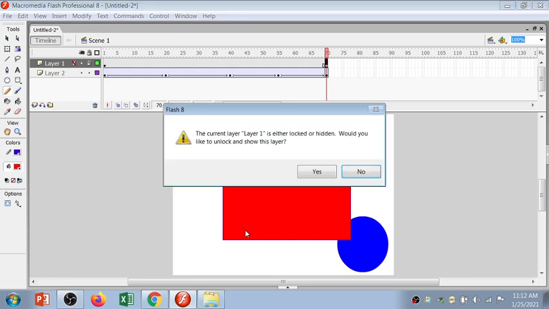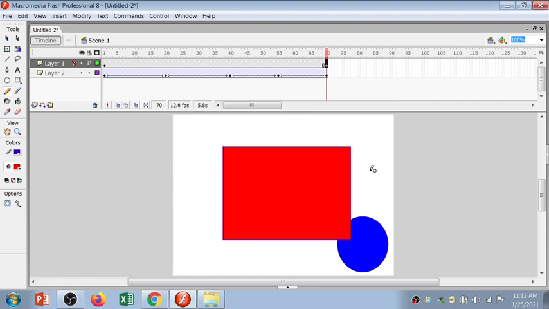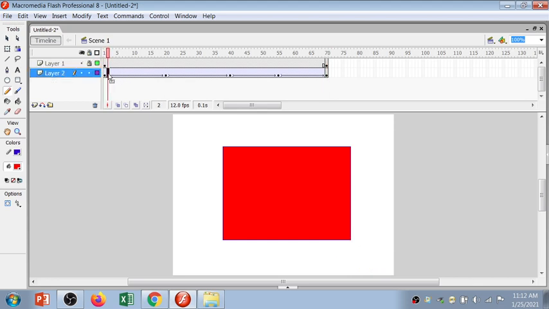If you try to change it, Flash will interrupt and show that the current layer is locked. If you want to edit it, you have to unlock. It asks whether you want to; if you press yes, it will unlock. So it just reminds you that since you have locked it, you can't make changes to this layer. If by mistake that layer or that frame is selected, it prompts the user that this layer is locked, so you can remind yourself that okay, I don't want to make changes here. Here I can make changes whatever I want, right?